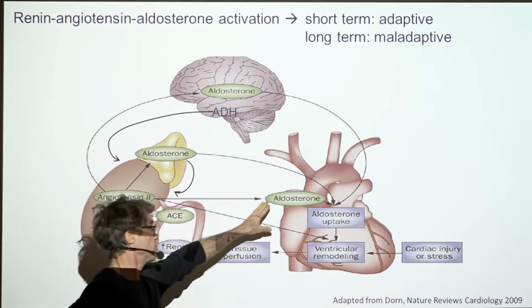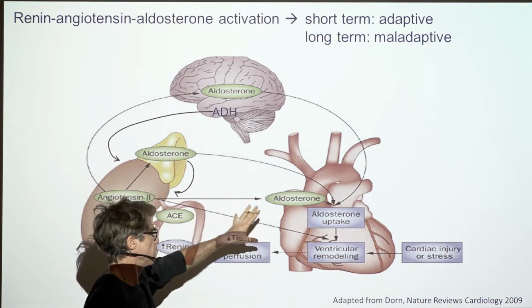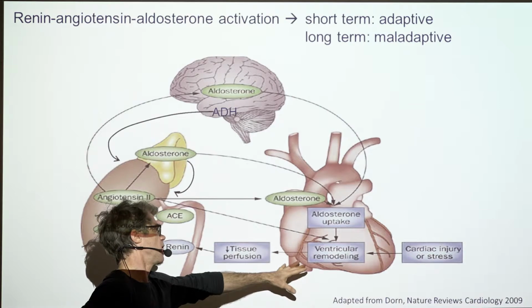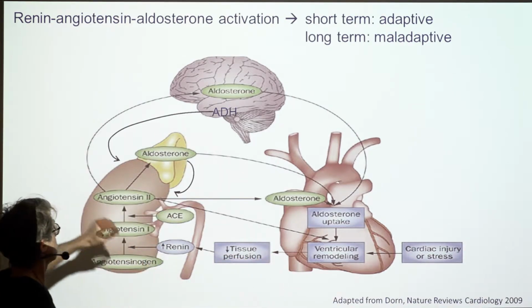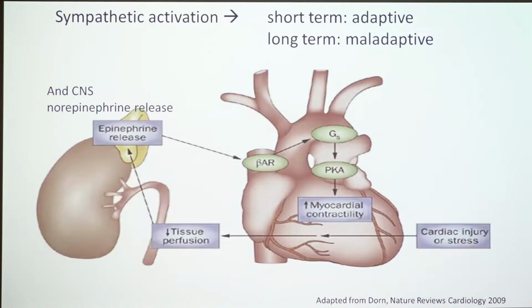It causes aldosterone release. It stimulates vessels and vascular contraction, vasoconstriction rather, and it also affects the heart negatively, and it also goes through the brain to stimulate fluid uptake. So what happens is that the vessels contract to distribute blood to the vital organs, and the kidneys retain fluid to restore cardiac output. That's one example.